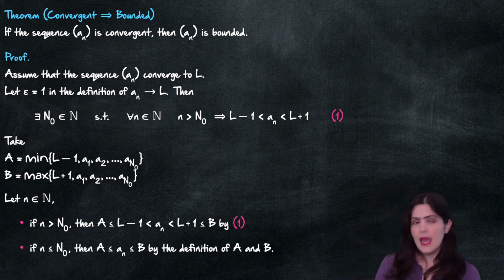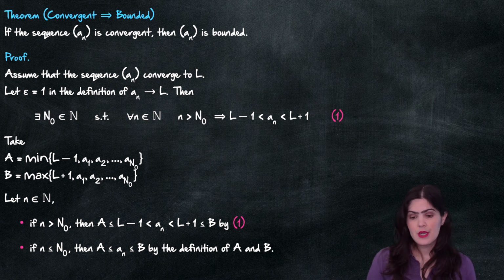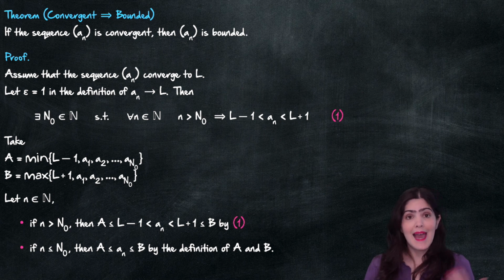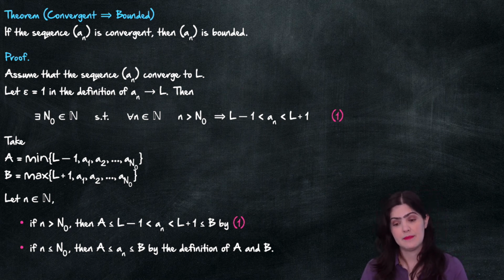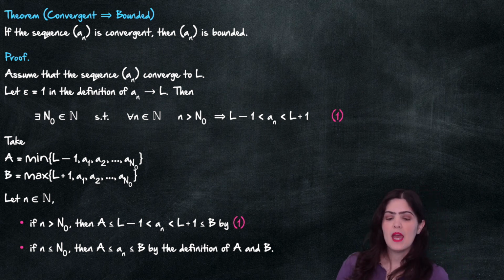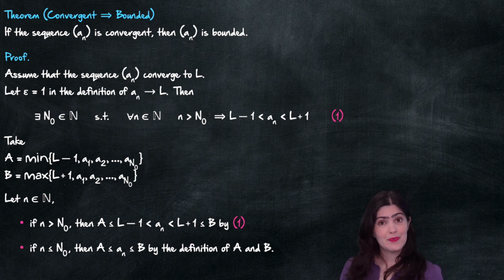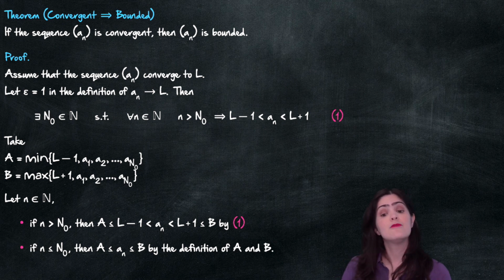Now, if n is less than or equal to n naught, then by the way we constructed A and B, a_n has to be between A and B. Try to think about why. And that completes the proof. That's great. So we now know that if we have a convergent sequence, then it is automatically